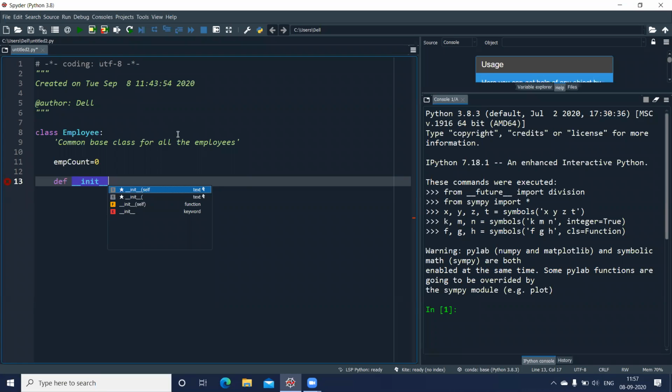Please remember, you always start with double underscores. And remember, now there's a concept called private and public. In Python, all your class variables are usually public. If you do not specify, by default it is a public variable, a public method. If I want to create a private or protected variable or method, then there are some characters which have to be used.